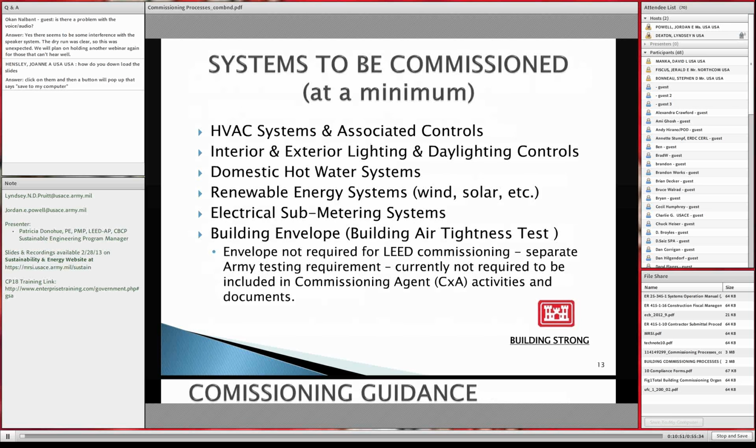So systems to be commissioned for USACE at a minimum are the HVAC systems, the interior and exterior lighting and daylighting controls, the domestic hot water systems, renewable energy systems, electrical submetering systems, and building envelope, building air tightness test. The building envelope, the reason why these are at a minimum is because